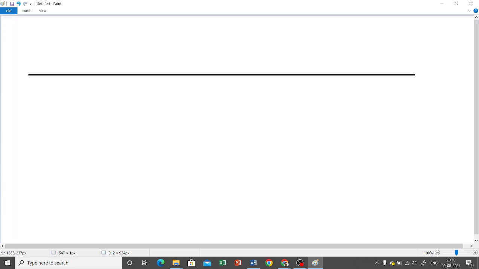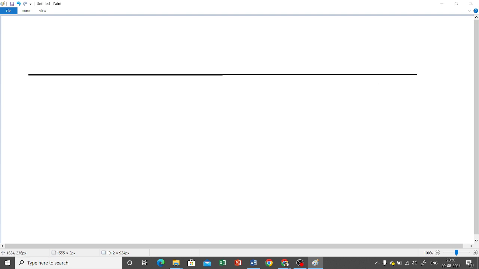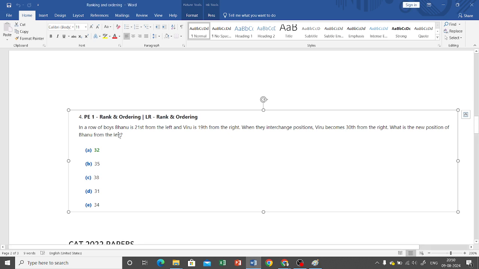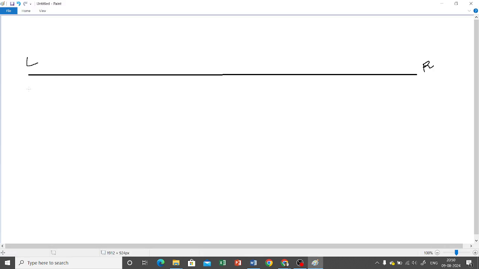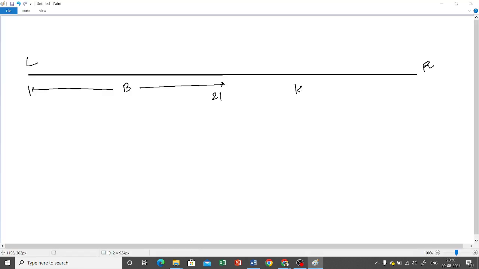এটা কমপ্লিকেটেড কিছুই নাই, পরেরটা দেখে বুঝে যাবে একবারে। দেখো এটা হচ্ছে রাইট, এটা হচ্ছে লেফট, ঠিক আছে? কোয়েশ্চেনটা কি বলেছে যে in a row of boys Bhanu is 21st from the left, ঠিক আছে? তাহলে ভানু এখান থেকে কত পজিশনে আছে? 21st, ঠিক আছে? আচ্ছা, Viru is 19th from right. তো ধরো ভিরু এখানে আছে, 19th from right, এখান থেকে 19th।